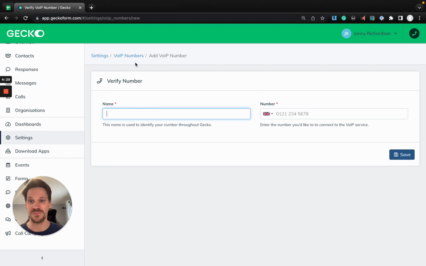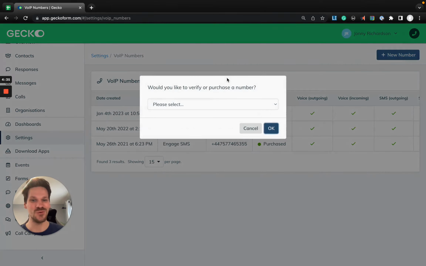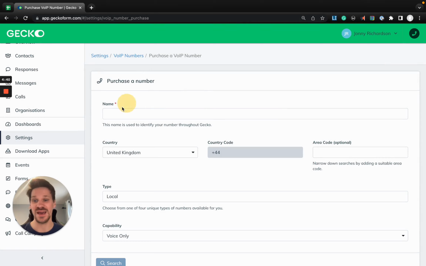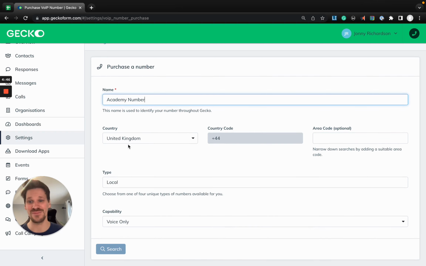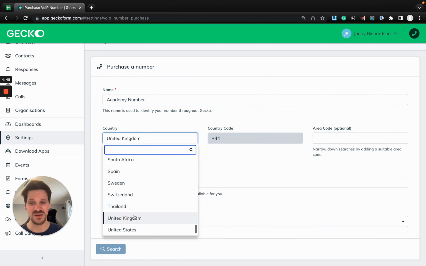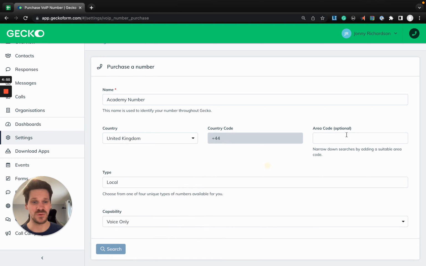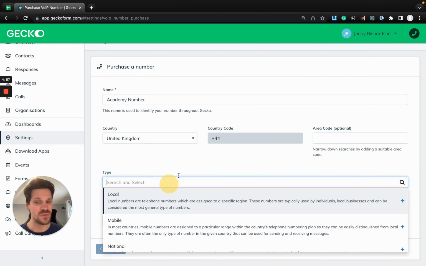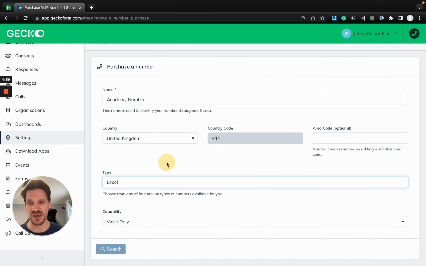If you don't have that type of number, don't feel bad. I don't at the minute, I'm at home, but you can click new number. You can choose to purchase or procure a number, hit OK, and give your number a brand new name. I'm going to call mine the Academy number because I'm quite lazy and not very good with names. Choose a location that you want this to appear from, and you've also got the ability to further hone down the results we're going to get back in a moment by adding a dial code. Choose the type of number you want to add. There's a couple of different types to choose from,